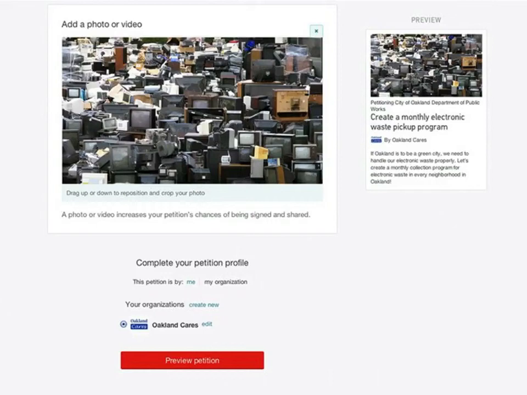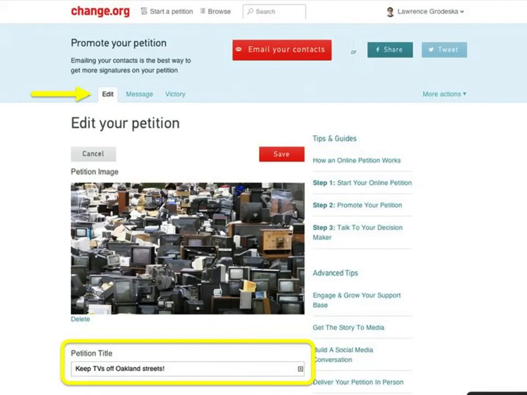Finally, on the bottom of the screen here, make sure that your organization is selected. If you haven't created an organization profile on change.org, you can do that right here. Create a new profile. This is important because this gives you that free benefit of list growth, of allowing individuals to opt into your email list as they sign. And once you have got that taken care of, you're almost ready to go, but I really recommend doing a couple more things. And once you've saved your petition, you want to go back to the Edit button, and that's at the top of the blue dashboard menu bar